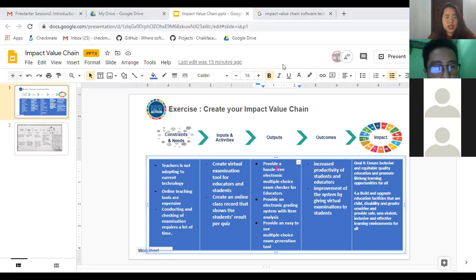Okay, that's not true. You're still creating an impact even though it does not fall under any of the indicators provided in the SDGs. Okay.